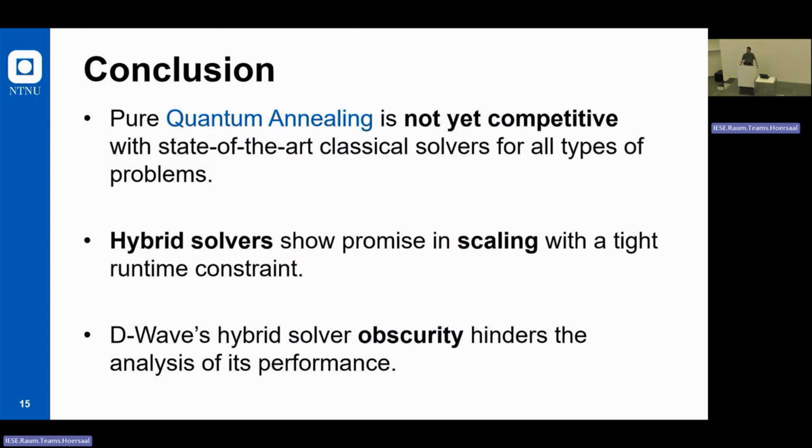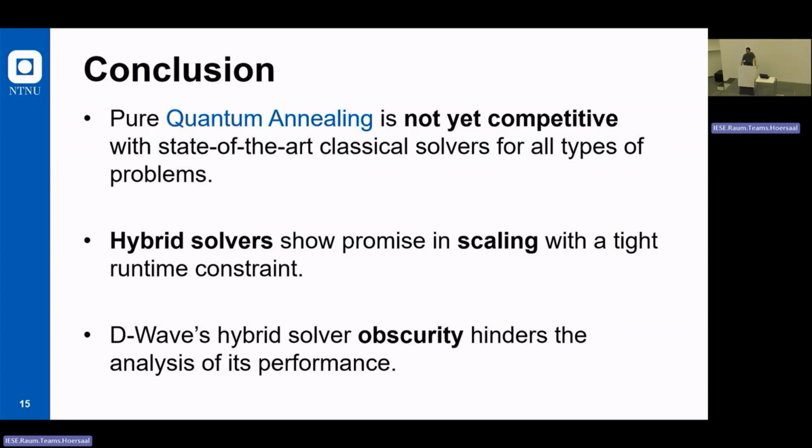So as a conclusion of all this, we can say that, first of all, the pure quantum annealers are not really competitive because the state-of-the-art classical solvers are very powerful. And I think we need to invest a bit more time on developing more highly connected and less noisy annealers. This is always for small problems, toy problems, but what you want to solve with this is an actual industry problem, which is far in time, but in the future will come.